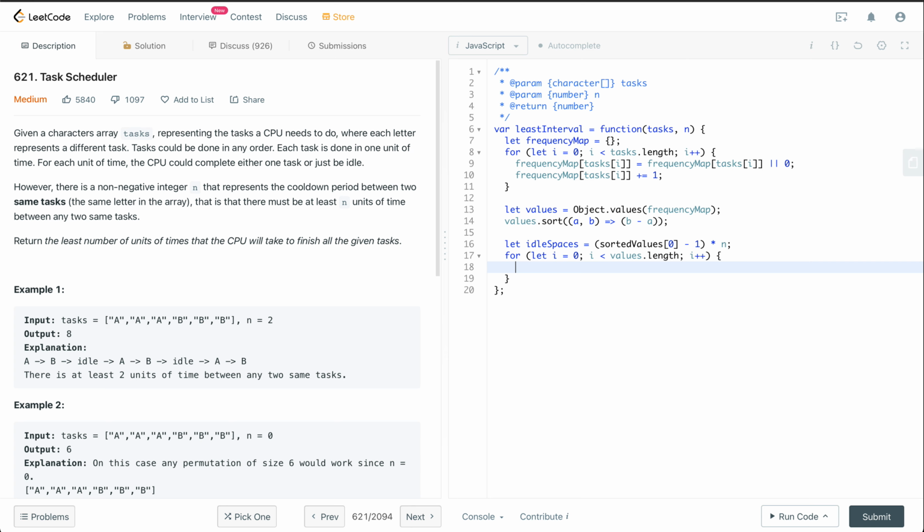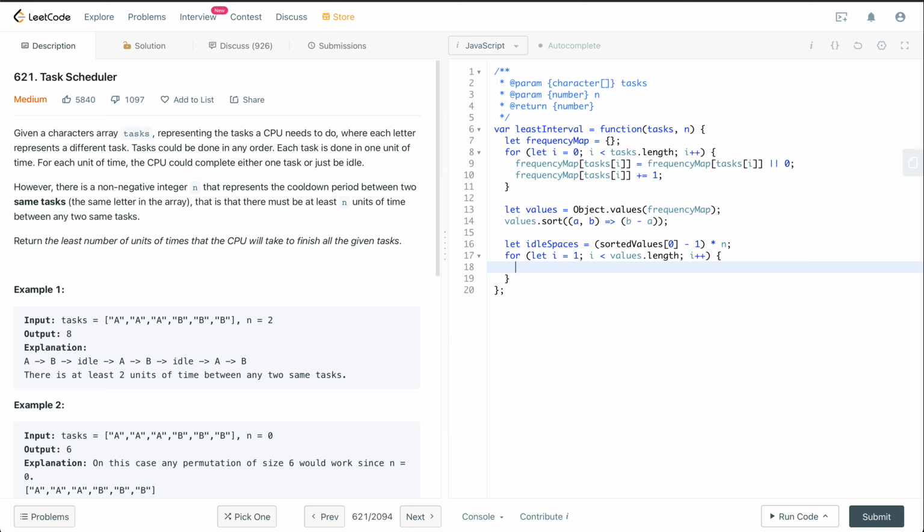Now inside the for loop, we are incrementally going to decrease idle spaces that are available by filling in values from items of less frequency than the highest one. So actually this had to be 1 here because 0 is already taken care of in the very first step itself.